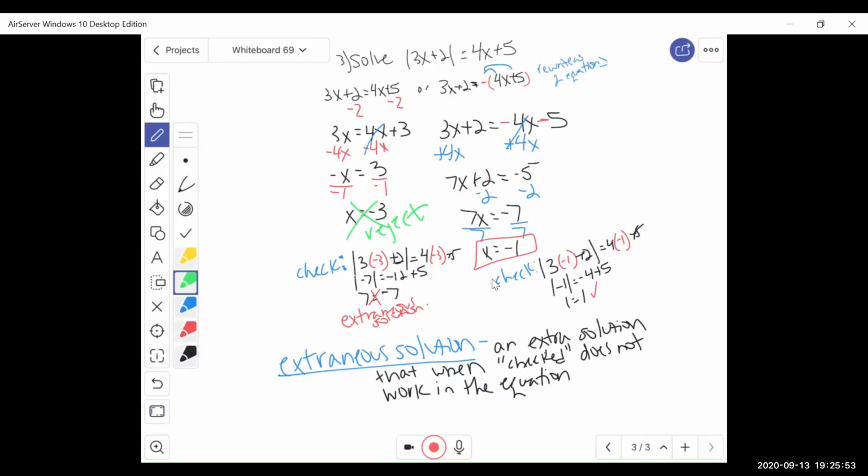Okay, so that is solving absolute value equations. Isolate the absolute value, get the absolute value on one side all by itself, then rewrite using two equations. And if you need to check or verify by graphing, don't be scared to do that. The left side goes on one line in the graph, the right side goes on another line in the